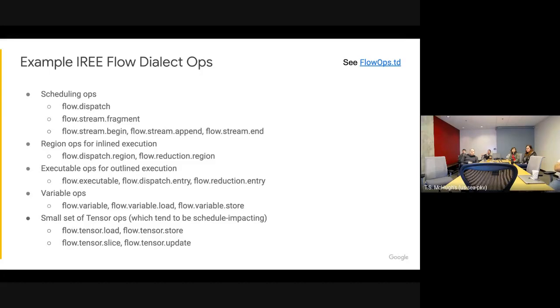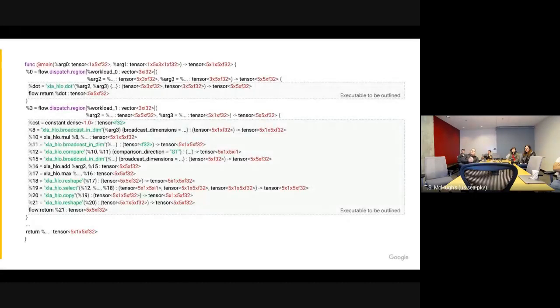So this, and I linked to a lot of the TableGen files again. If you're someone who's working on their own dialect, this might be useful just to see other ops besides just the stuff in core. And what we found is that doing in-dialect conversion and lowering is super useful. So a lot of these ops only exist transiently while we're within this dialect and performing our optimization. So for example, we start with these dispatch regions, or reduction regions if we're thinking about reduction operators and scans and things like that. And those only exist transiently to allow us to do things like, when we're in this step, fuse these regions together as we continue refining the graph.